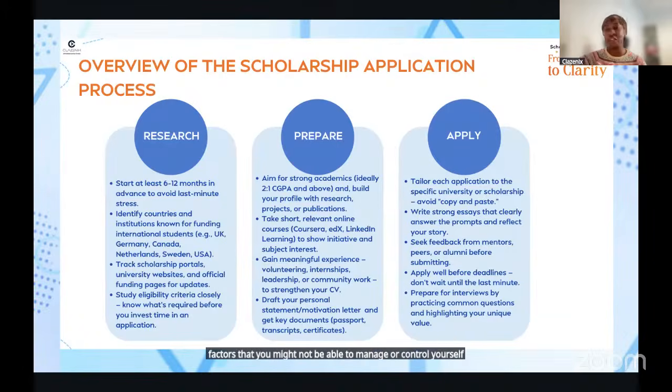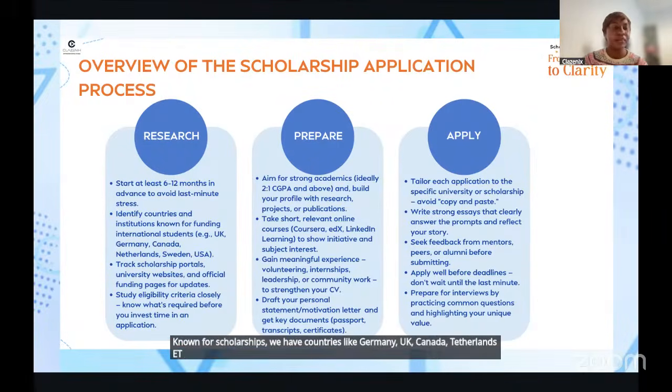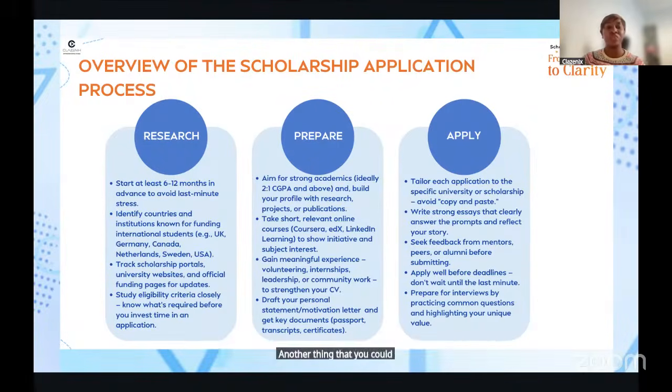So to save you time, just plan ahead. Next is identify countries that are known for scholarships. We have countries like Germany, UK, Canada, Netherlands, etc. Another thing you could do while researching is to track official pages of universities. There are a lot of websites that focus solely on scholarships, so please track them.